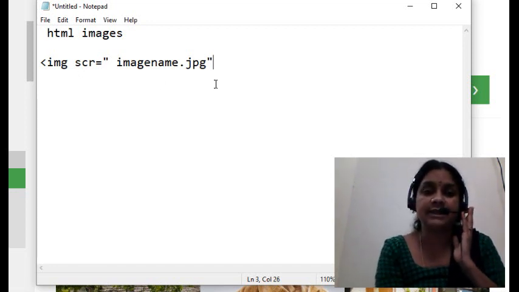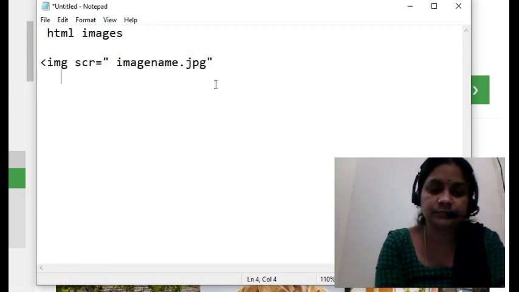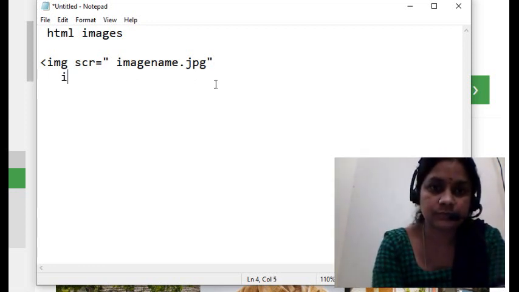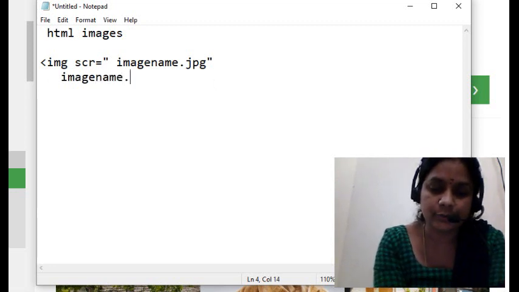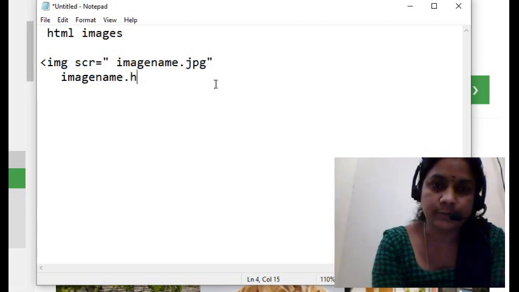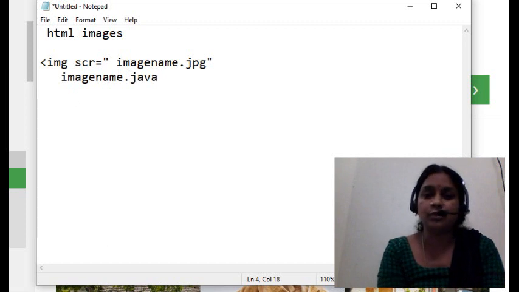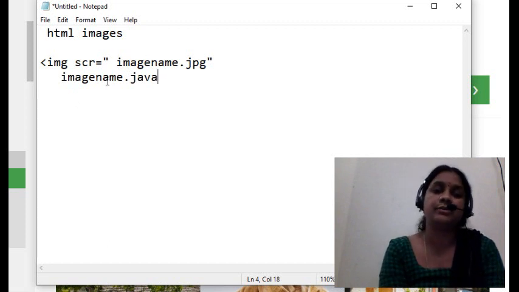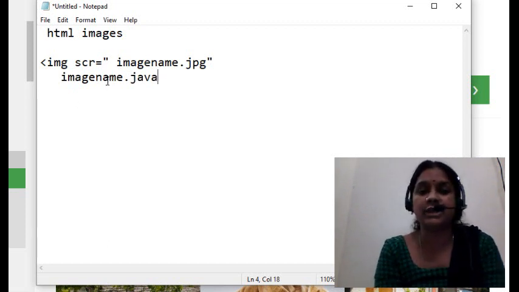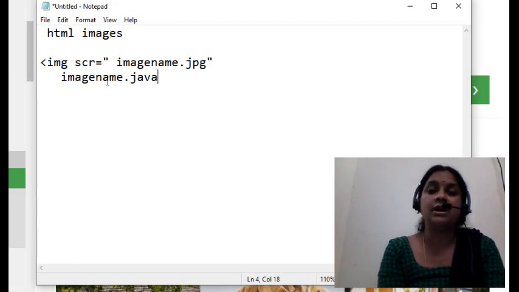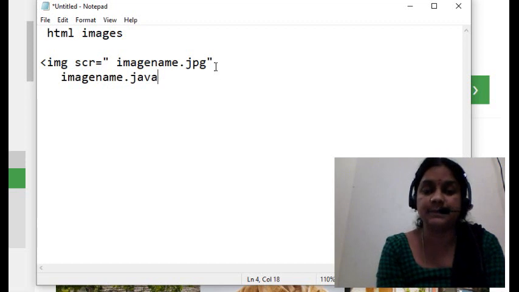See here I am writing image name dot java. Both names are the same, but are they the same? No, one is an image, the other is a java program. Are you understanding what I am saying? That means the image extension must always be jpg.